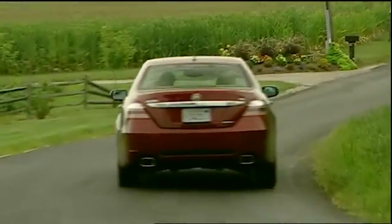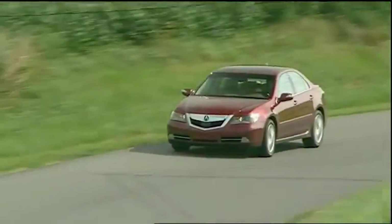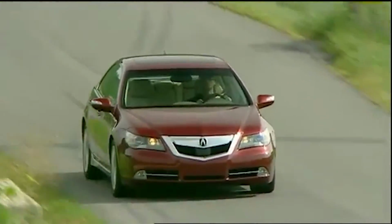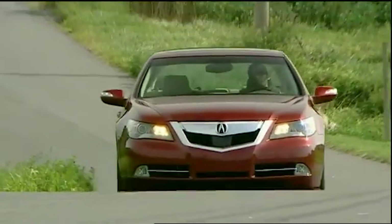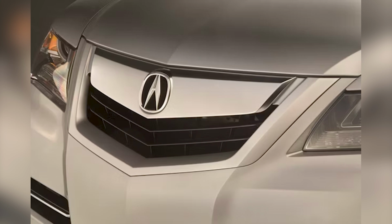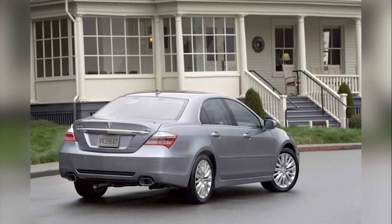Now the RL was given a sport mode as well, and Acura actually made the paddle shifters in the car more responsive so you could actually take advantage of that 3.7-liter J37. Exterior-wise, the KB2 was updated with different headlights, taillights, and of course a new grille compared to its predecessor. This grille being the controversial power plenum style grille, which I actually think looks pretty darn good on the KB2. I am also a huge sucker for pink taillights, and these KB2 rear lights are